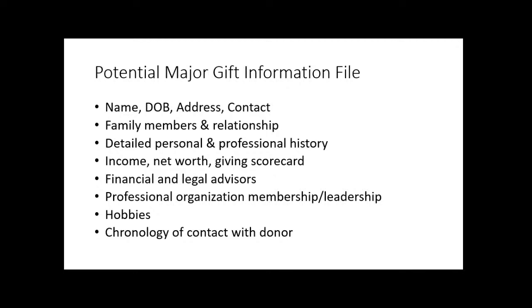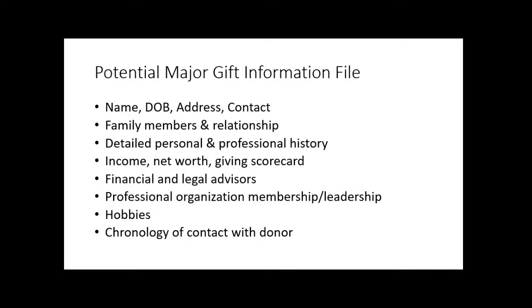But of course you want their major demographic information, including their date of birth, their address, their contact. You want their date of birth so you can send them a birthday card or an anniversary card. You may want their anniversary. But you also want to know the age of your demographic. You want to know how they're connected with other people. So I put family and relationship because maybe they're friends with the chairman of the board. And if that's the case, then you might want the chairman of the board to be the one who goes and asks them for a major gift. But begin to understand how people are interrelated.